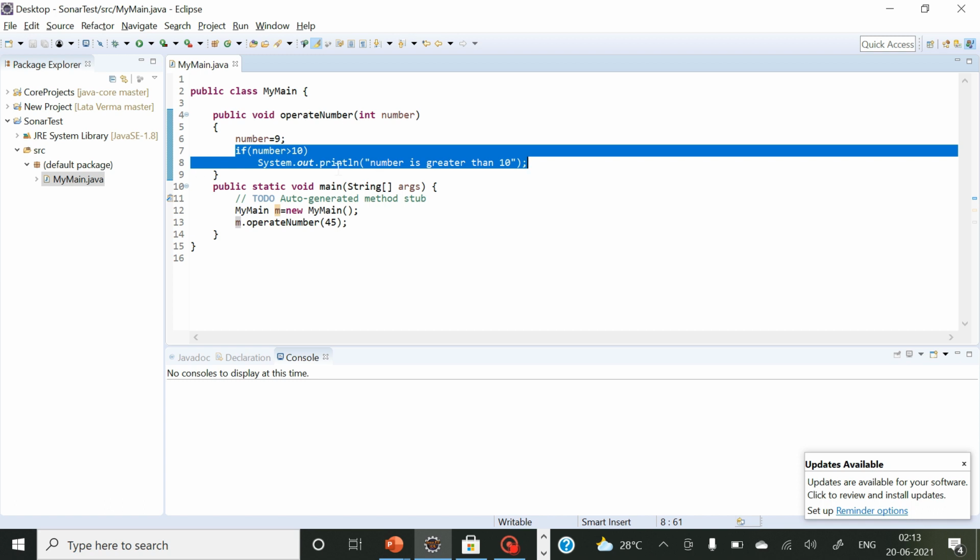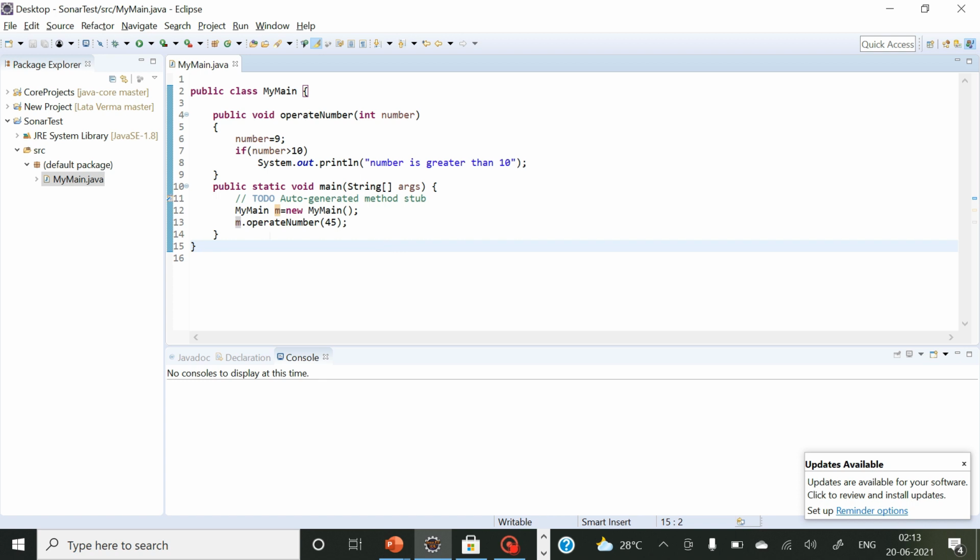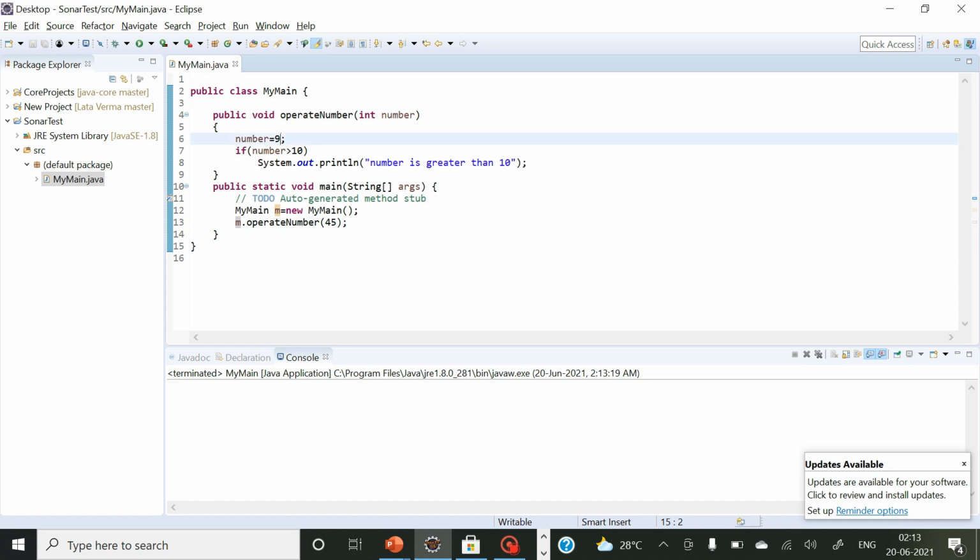Right now I'm not getting any kind of error. My code looks good, and because I'm not getting any compilation error, there is no problem if I execute it. It will work according to the values. Right now my program is not displaying anything, so that's why I'm not getting anything over here. Let me just give value 11. If number is 11, 11 will be greater than 10, so obviously I would be getting this message. So let me do that. I'm getting this message. It's working fine, there is no problem.